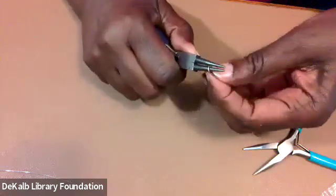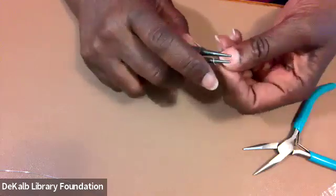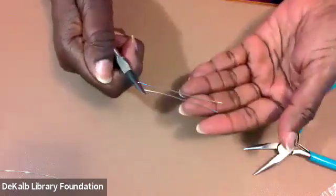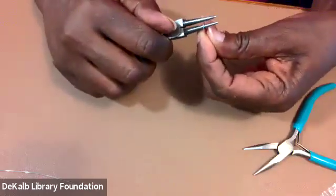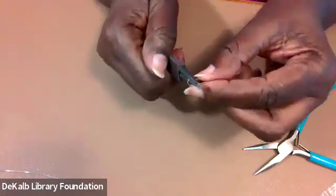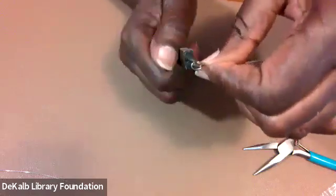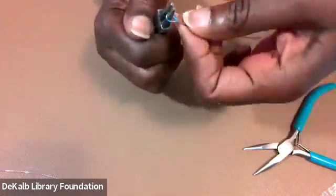Let's fix that. Make sure it's nice and as even as I can get it. That's pretty good. So now I've got my wire right here in the middle of my pliers, and I'm going to squeeze it right under the pliers with my fingers. Just squeeze the two sides together and kind of rotate it a little bit to make my little